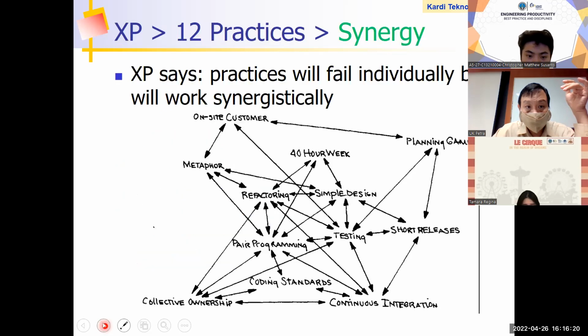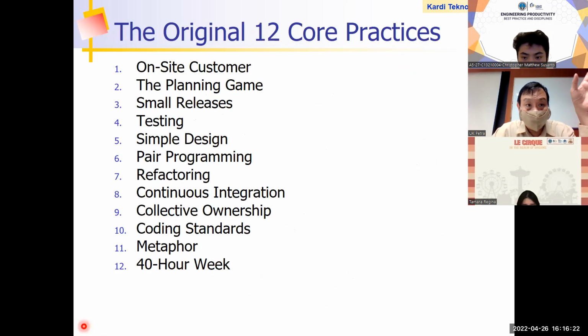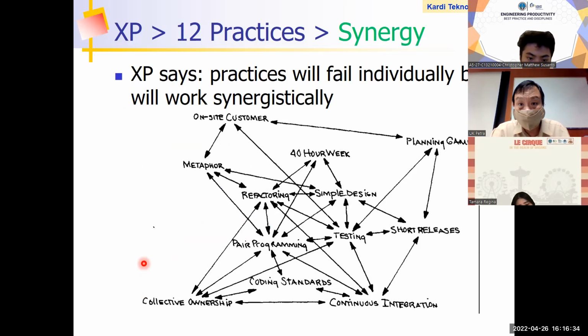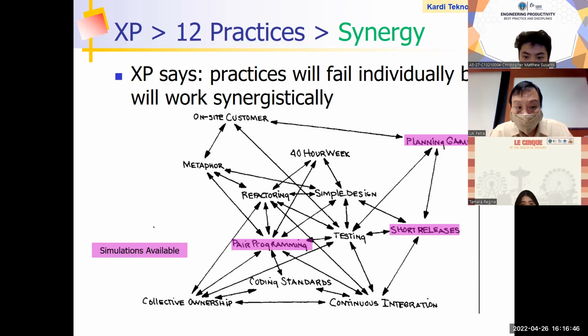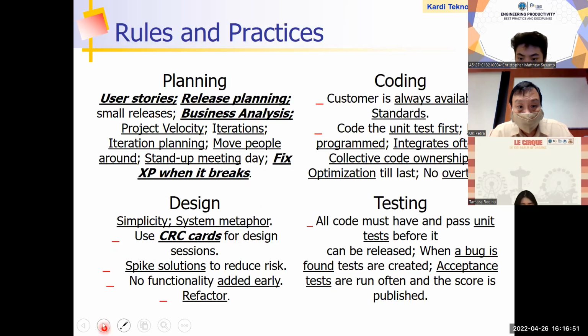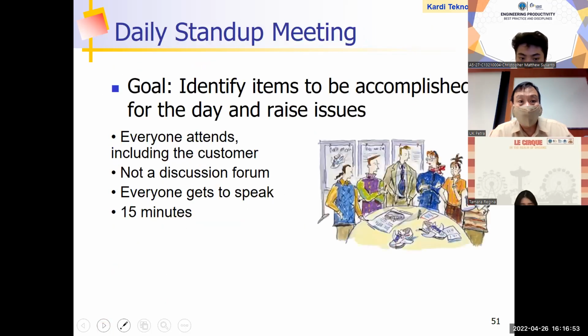Okay. So these are the 12 practices of XP, extreme programming, that eventually will make synergy. Okay? 1 + 1 is not 2, but many. So these are the important part here. Okay, let me explain to you what this is about. Okay, so on-site customer,